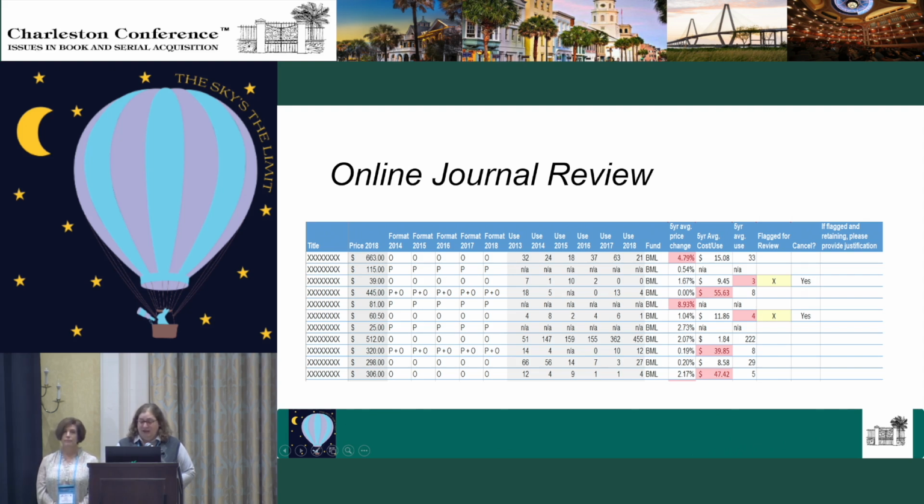I will say, do your best if you're going to do something like this to think about who the end user is and how much data they actually want to be seeing. You're seeing right now more of a full view of this spreadsheet. I probably would hide the year by year stuff and only show them the summary. Nobody wants to look at that many data points, at least not among our selectors. I do, but they don't necessarily need to see it. And let's see, I think that's everything I wanted to say about that. So